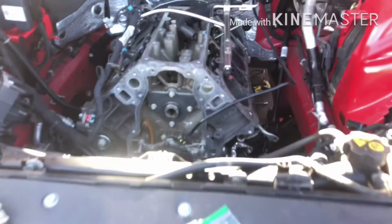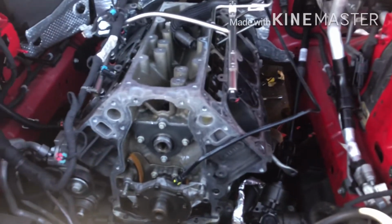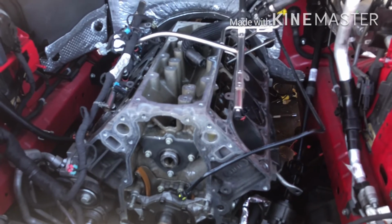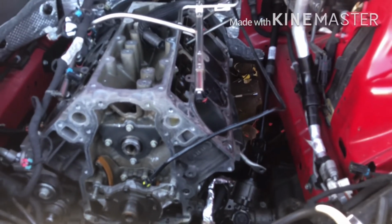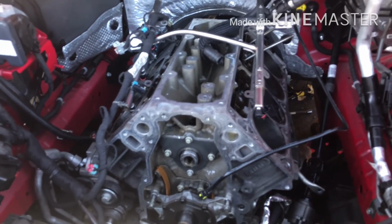I'll probably end up taking it out the bottom, but worst come to worst, I'll take it out the top if I can't get any other progress. But I've already loosened all of the subframe bolts, and you have to replace them if you loosen them. So I'll probably go out the